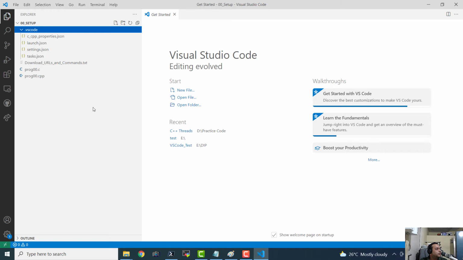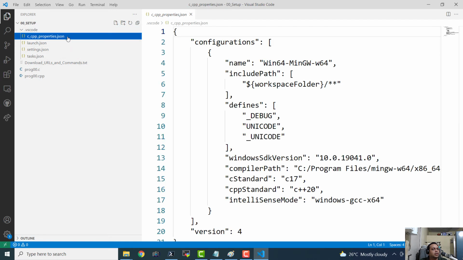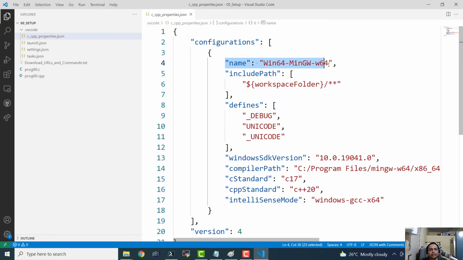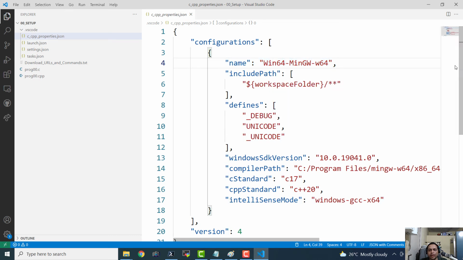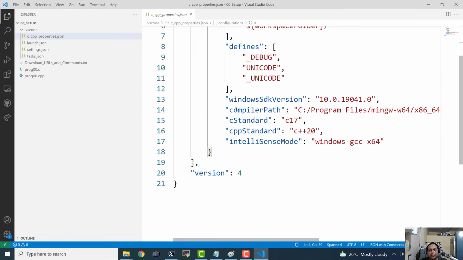Here you are going to mention all the compilers. And here we have the JSON file. In the name section, we have Win64 MinGW-w64. And here in the compiler path,